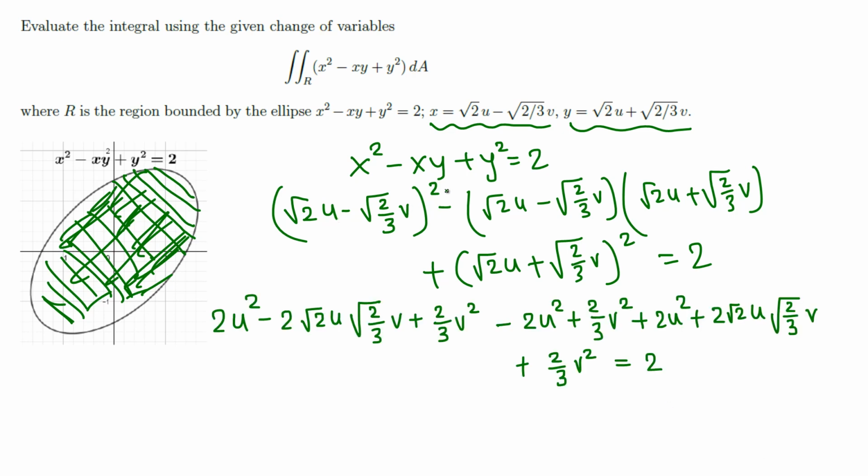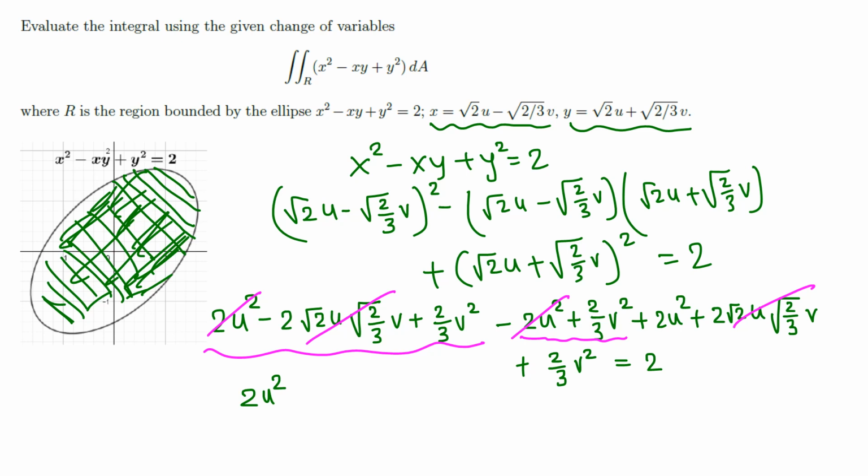If we multiply this with itself, we get this, minus, multiply these two, the middle two terms cancel, and we need to distribute the negative sign, so we get these two terms by the way, and finally this quantity squared is, we got 1, 2, and 3 terms equals 2. And now the same thing, negative and positive cancel, and 2u squared minus 2u squared also cancel. So what is left on the left hand side? 2u squared,